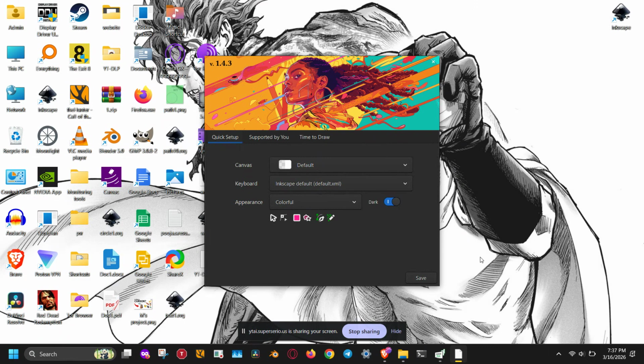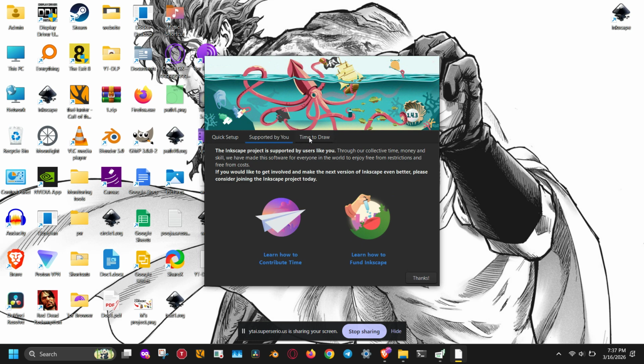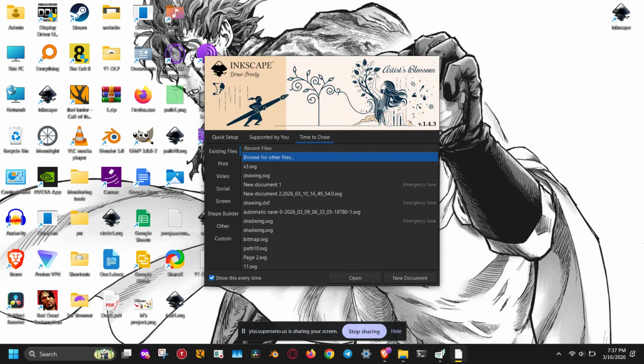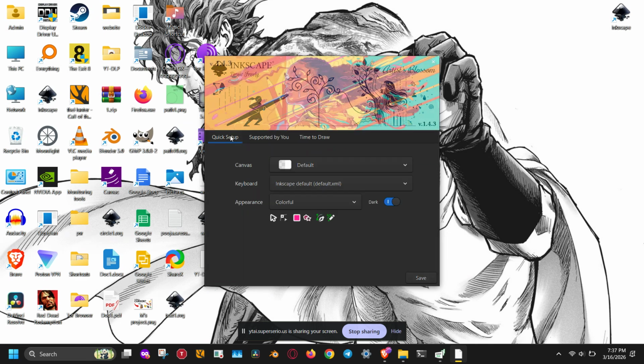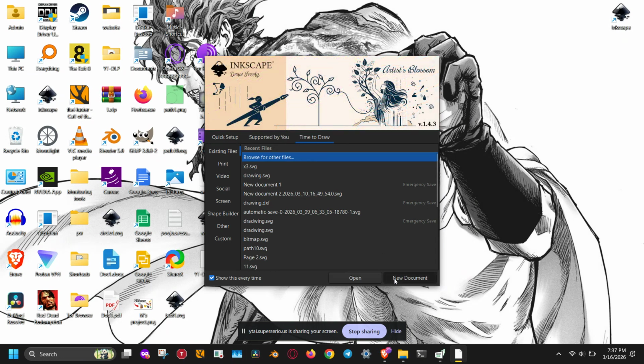Let's get started. The first place you can usually see the Inkscape version is directly on the welcome screen. When you open Inkscape, the welcome screen normally appears before you start working on a document. On this screen, you'll see helpful information like recent files, templates, and quick start options. Somewhere on that welcome window, you will also find the version number displayed. This tells you exactly which release of Inkscape you are currently running. This is the fastest way to check the version if you have just launched the software and the welcome screen